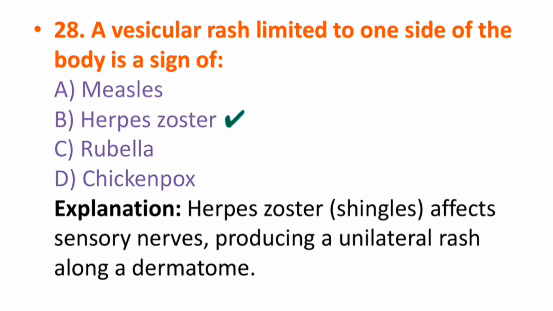A vesicular rash limited to one side of the body is a sign of option A measles, option B herpes zoster, option C rubella, option D chickenpox. The correct answer is option B herpes zoster. Herpes zoster affects the sensory nerves, producing a unilateral rash along